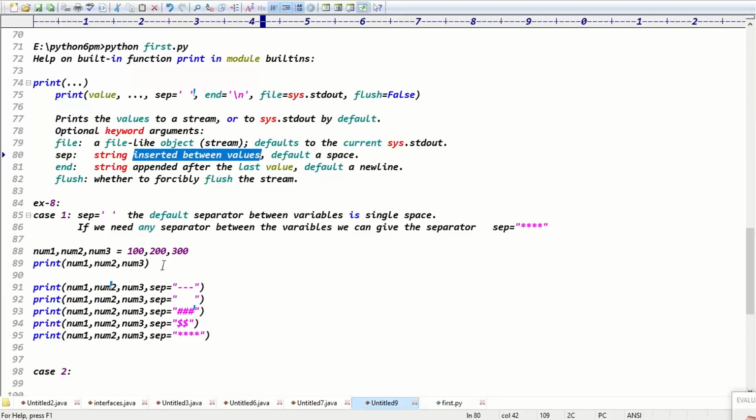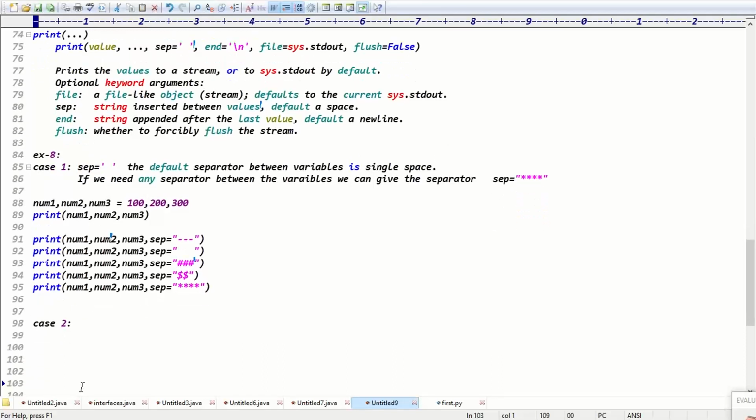By default, if you didn't give any separator, the default separator is space, right? Exactly. Are you clear now? Priya, separator is clear, right?